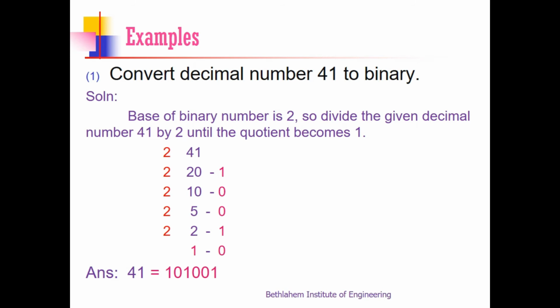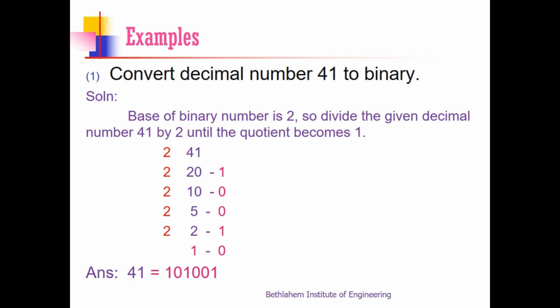So I am repeating the procedure. First you have to check the number system. The given number is in which number system? Here the given number is in the decimal number system. Then you have to look for the number system to which it is to be converted. Here it is binary. Then we have to check whether the integer part is given, or fractional, or both. And here the integer part is given, that is 41. It is the integer part.